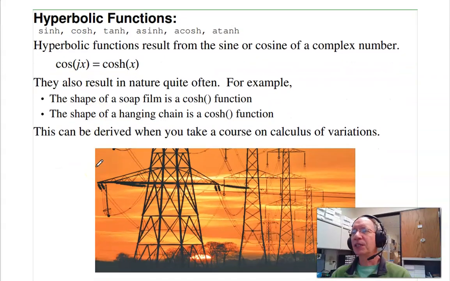Hyperbolic functions. The math library also includes hyperbolics. Now, one way to think about this is the cosine of jx is hyperbolic cosine of x. The sine of jx is, I think, j times the hyperbolic sine of x. So basically, you replace x with a complex number, and you get the hyperbolics. Hyperbolic cosine is also the shape of soap films and hanging wires. So if you drive out to the countryside and you see the transmission lines, this shape right here, that's a hyperbolic cosine,